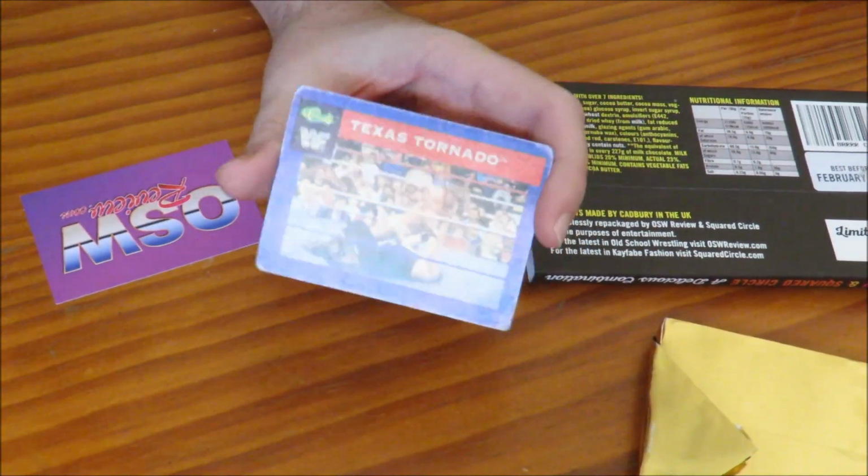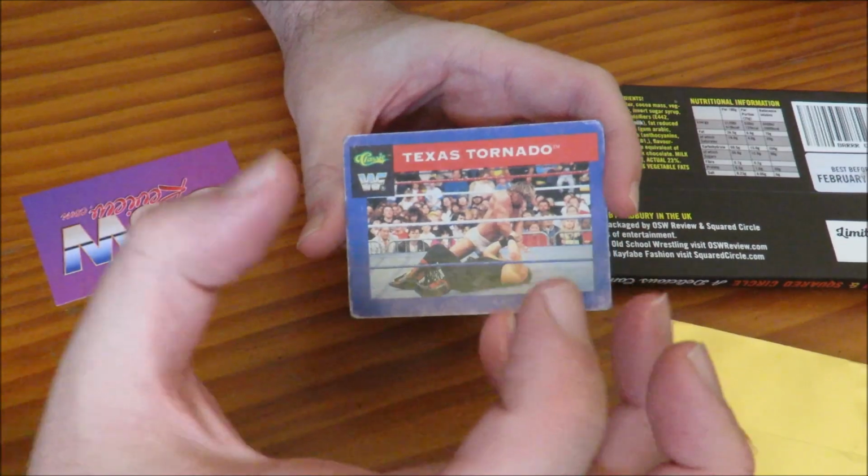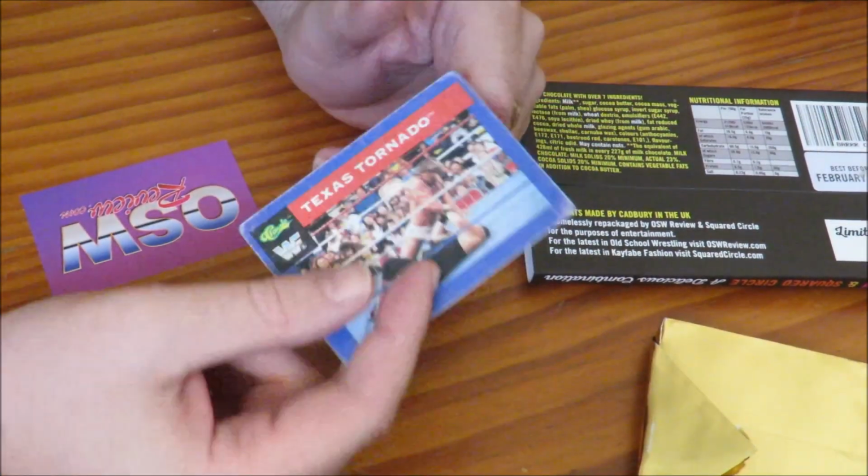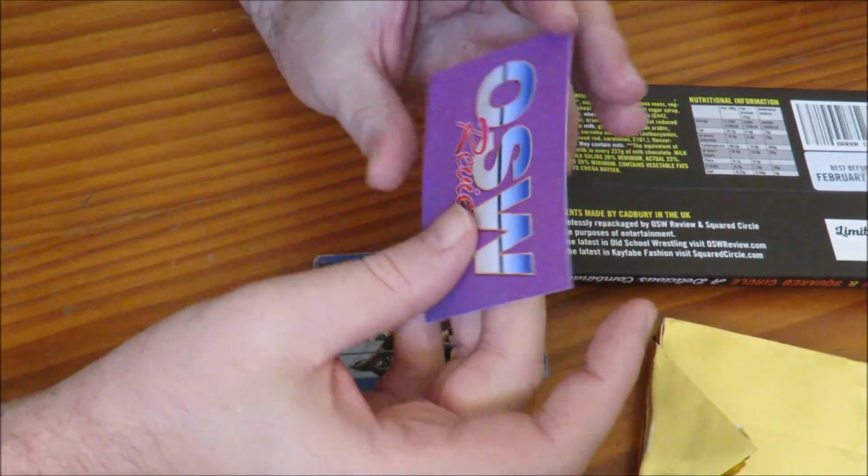Although I guess at a stretch, if you were in a tornado, you'd be holding on with your claw, wouldn't you? It might save your life during a tornado. But whatever. There's another card here that I don't...